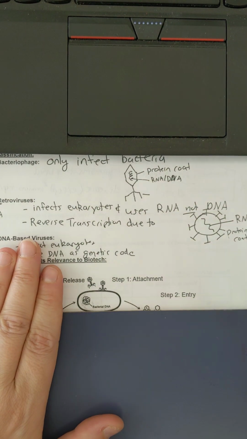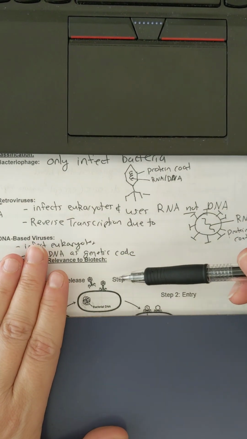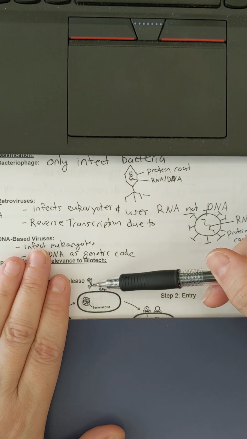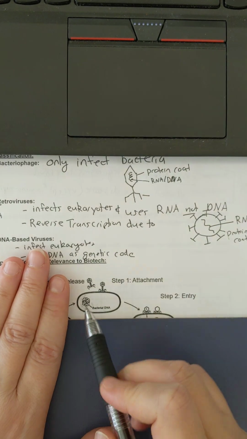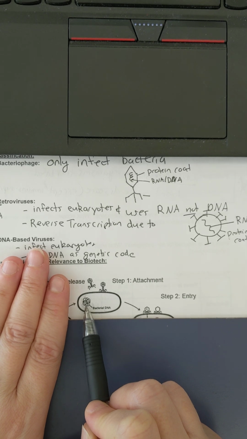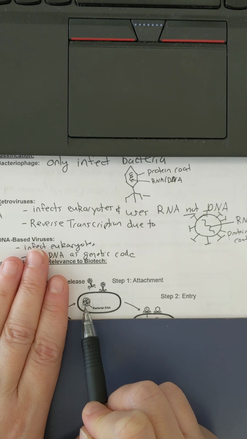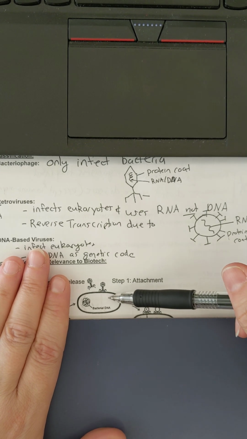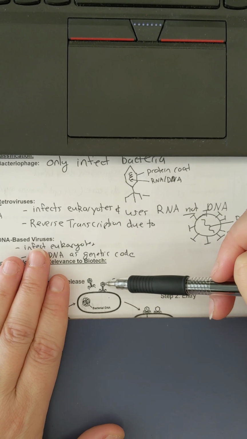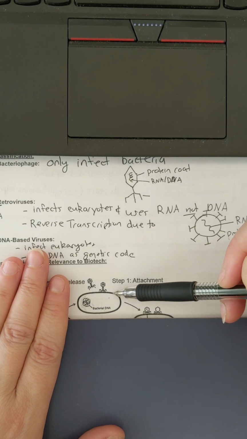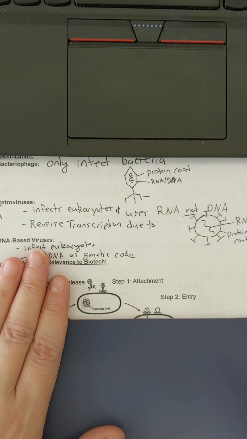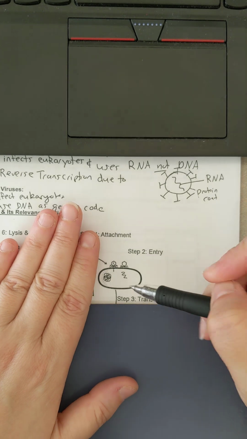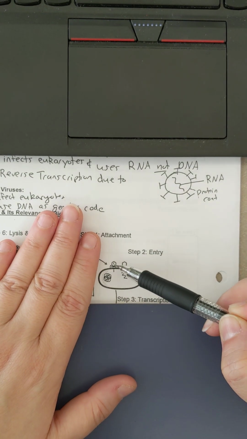Let us start with step 1. In step 1, now this is a bacteriophage, so therefore we know that this is a bacteria it's attaching to because bacteriophages only attach to bacteria. So here we see we've got our little nucleoid of DNA that is not inside a nucleus because this is a prokaryote, so it doesn't have them. That nucleoid of DNA is just floating in the cytoplasm. You can see the bacteriophage attaches to the cell wall of the bacteria because all bacteria have cell walls. Step 1 is complete. We then move to step 2. If you look at this quite closely, you can